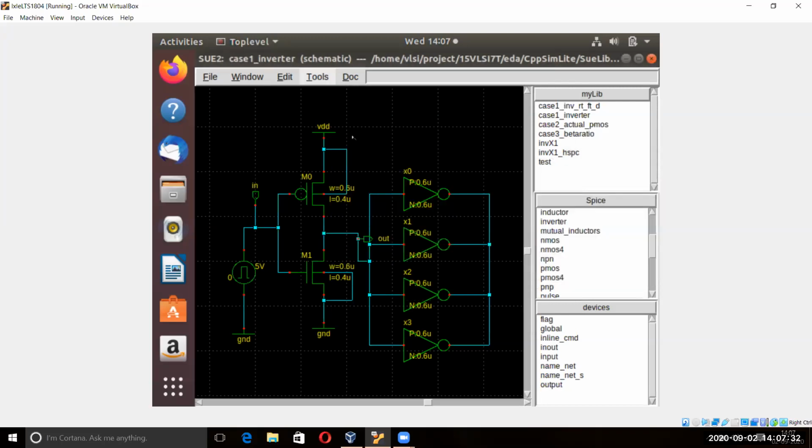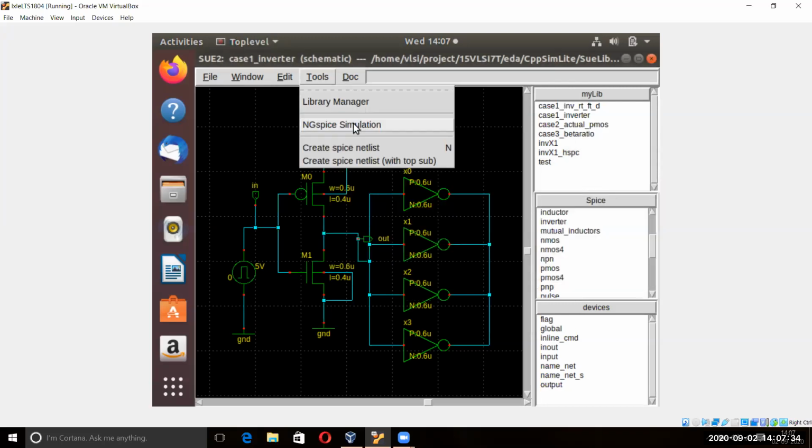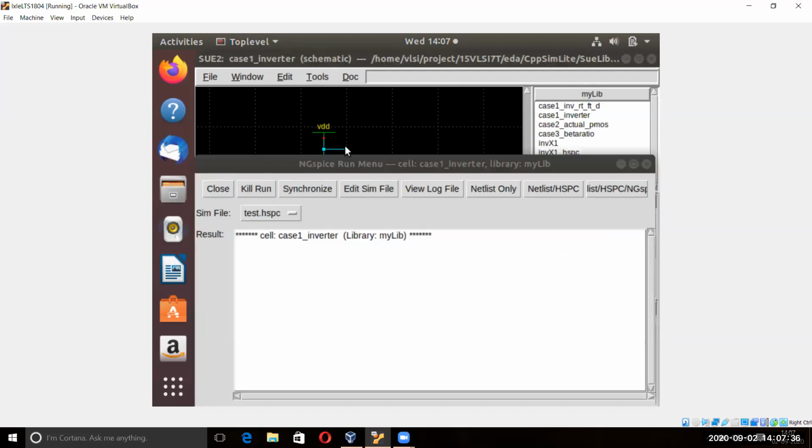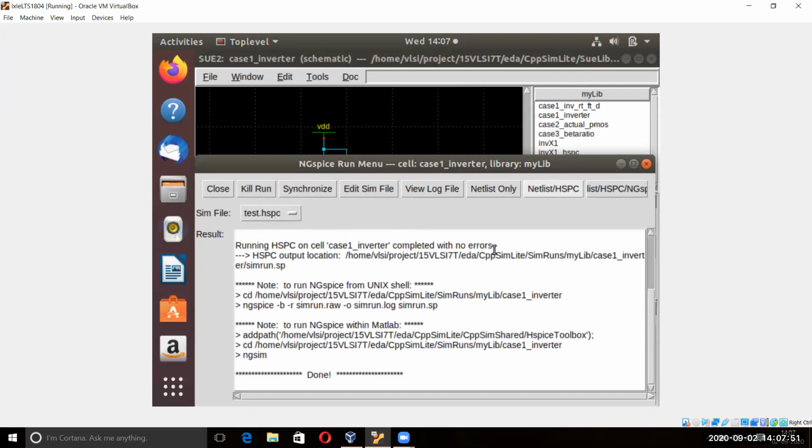Then we'll go to tools and in the simulation, it will be blank for you. Then click on the edit stream file. This test or HSPICE file will be loaded here. Then click on netlist/HSPICE. Then it says it is completed with no errors.